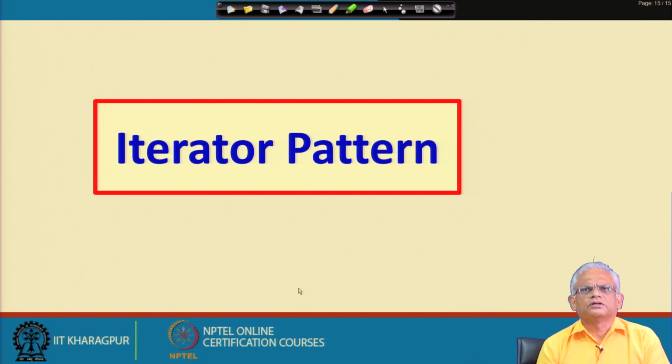But of course, many Java programmers do not know why they have been doing it that way. Just because it is there in the book they have been doing it, they have not asked the question why iterators, how does it work, and so on. If we know the iterator design pattern, we will know why we have been using the Java iterators for the collection classes.